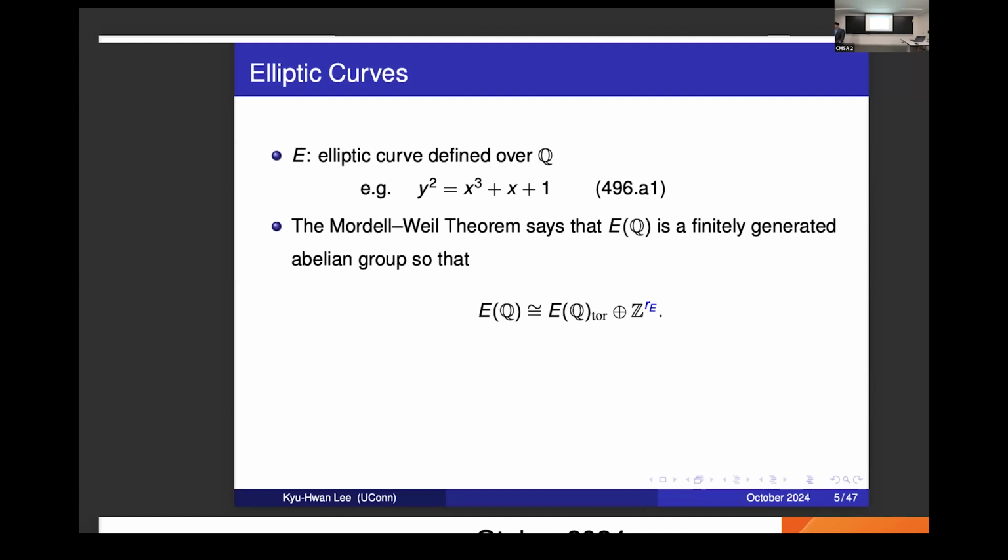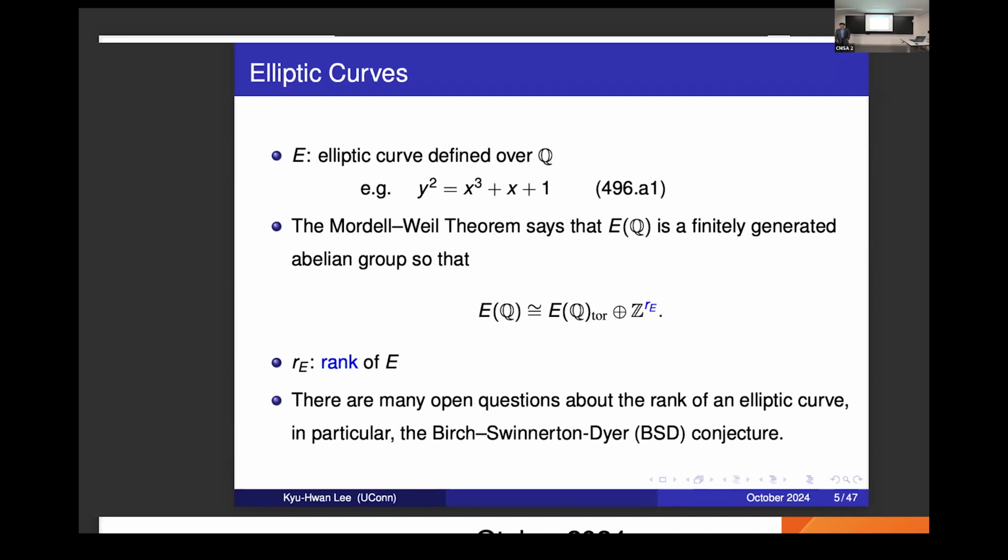The Mordell-Weil theorem says the set of rational points on the curve makes a finitely generated abelian group. So it has the torsion part and the free part, and the rank of the free part is called the rank of the elliptic curve. Even though the rank of an elliptic curve has been studied for a long time, there are still many open questions. Noam Elkies can tell us many hours about the rank of elliptic curves. This quantity is difficult to compute. There is no general algorithm for all the cases. Among the open questions, in particular, there is the Birch and Swinnerton-Dyer conjecture. This conjecture is directly related to the rank of